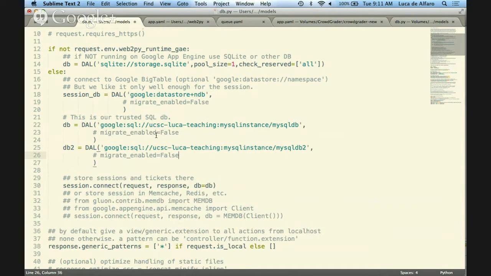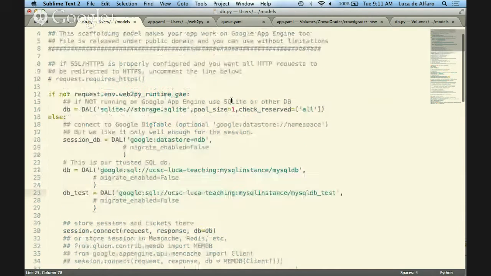Okay, fine. Now I connect to, let me give you a less silly example, DB test is equal to this. And voila, now you have on the same instance, so at no additional cost, two databases. One is the real production one, and the other one is the test one. And now you could write a very simple if statement that decides which one of them to use.